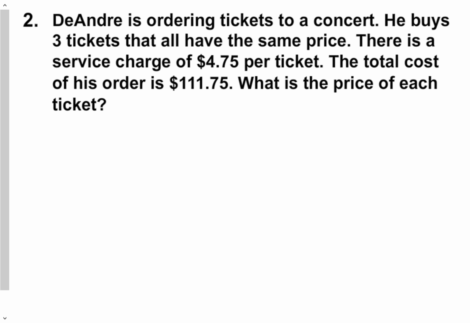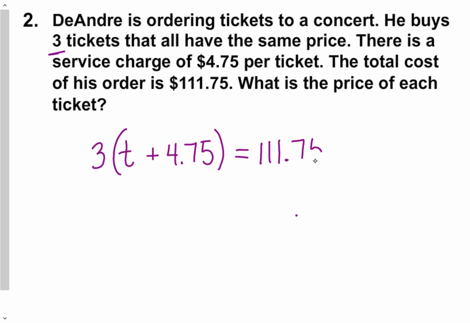Okay, so the first thing you have to ask yourself is, what is each person's charge? Each person's charge is the price of the ticket plus the $4.75 processing fee. So this is for each person. How many people are involved? We have 3 people, and all together, this is supposed to equal $111.75. So the first thing we do is set up our equation,